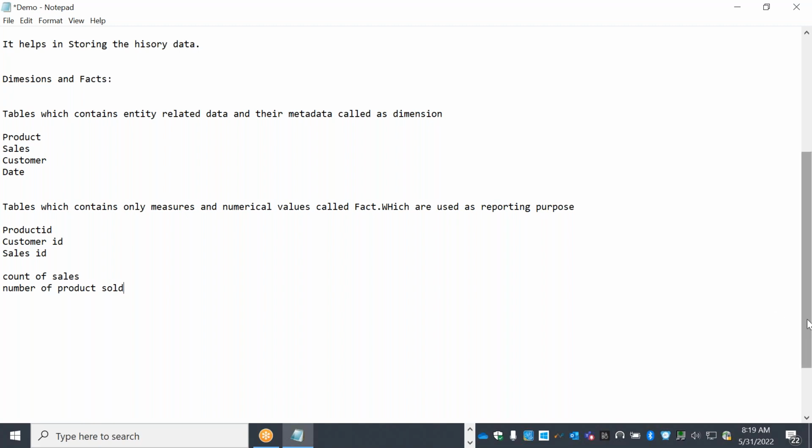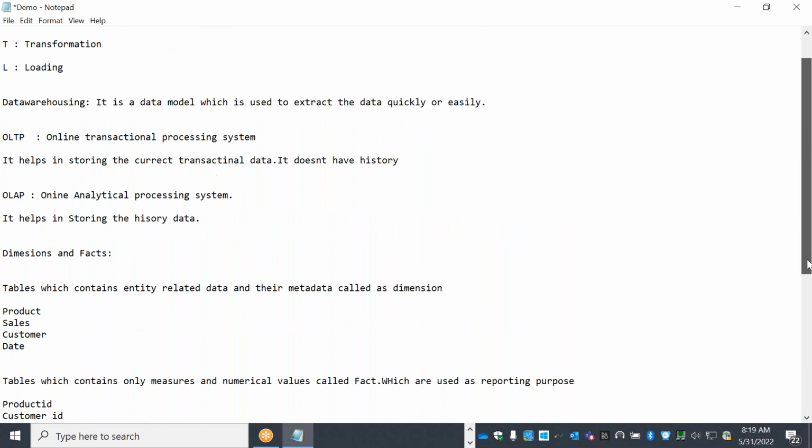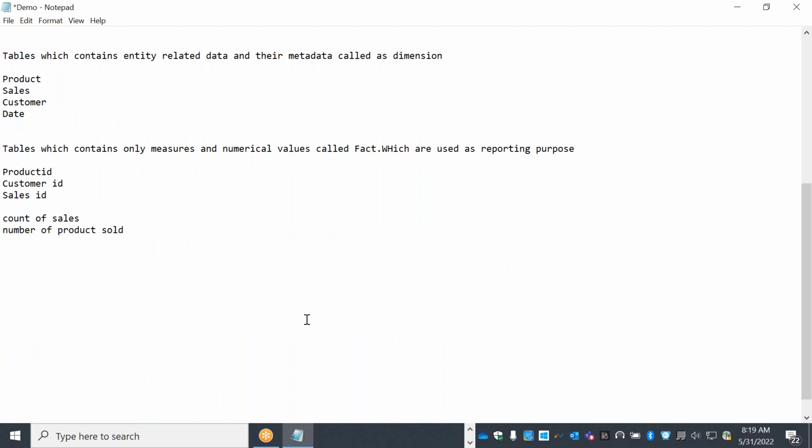Now, what are the Informatica components basically? So Informatica